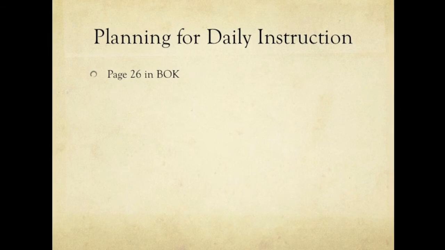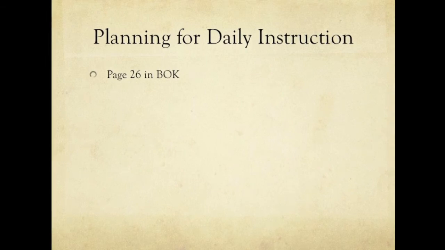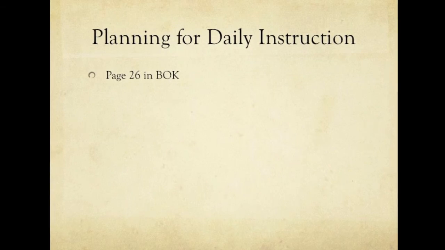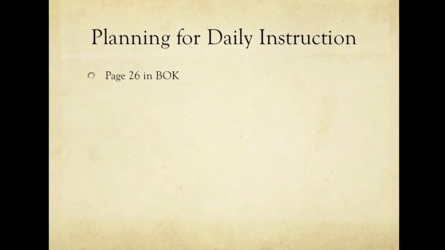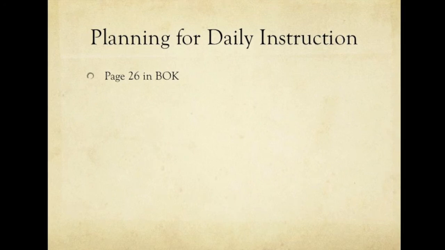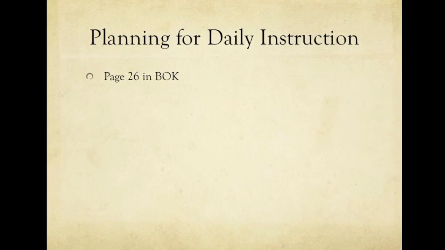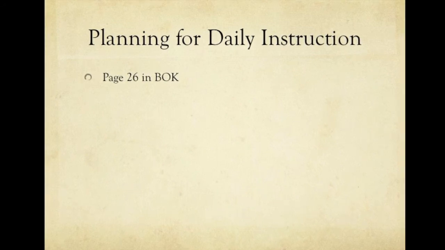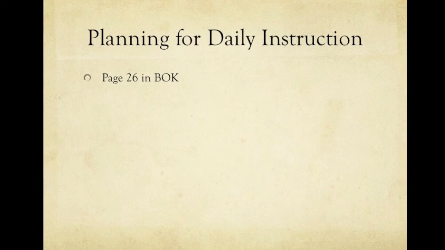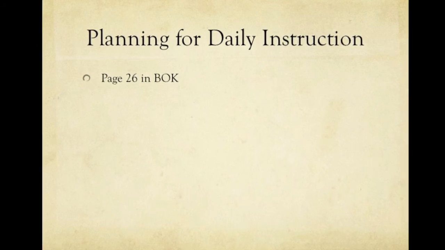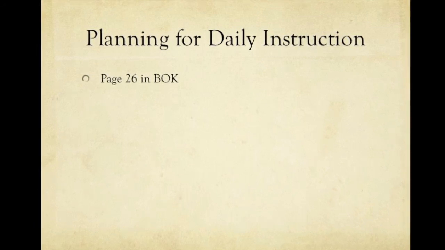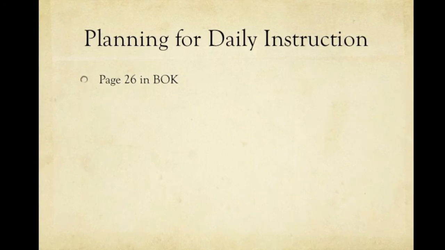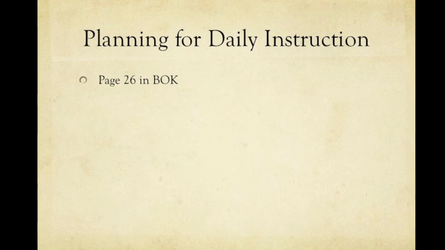How many times have you used the textbook? How many times have you used worksheets or an activity or lab sheet? How many times have you asked the kids to speak or write? How many times have you had them in different groupings and had them working in different groupings? What level are your lessons occurring during that unit? And then how are you going to teach it? What kinds of different strategies are you using to teach the material? Or are most of your strategies discussions?